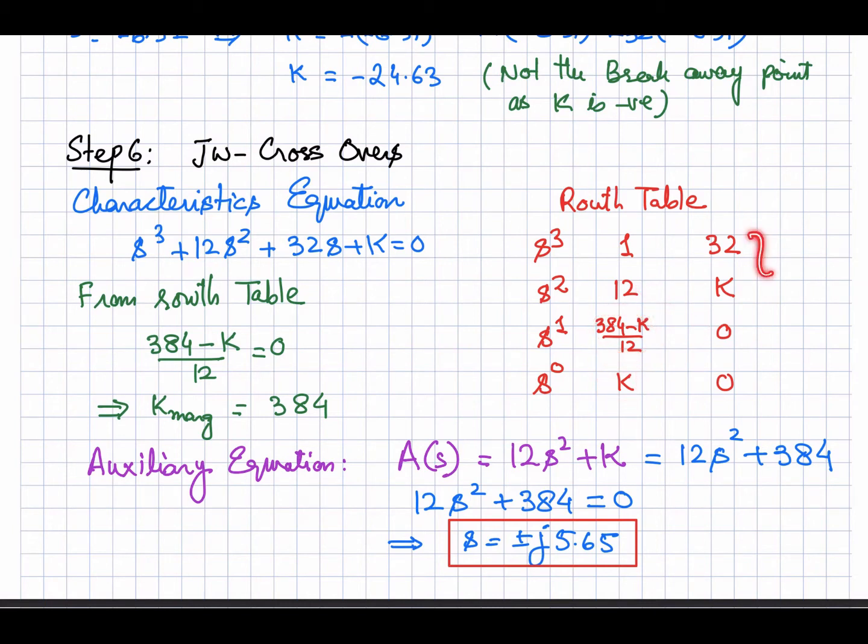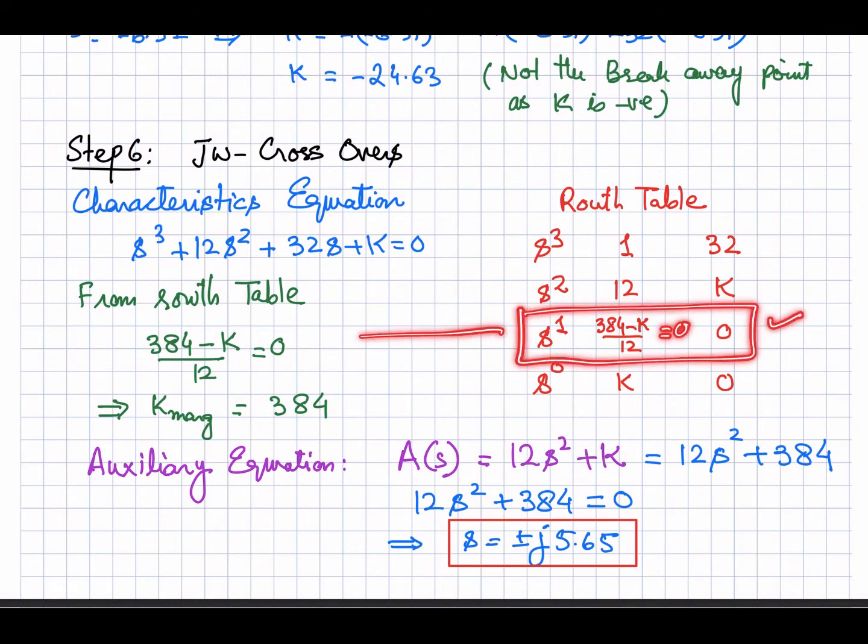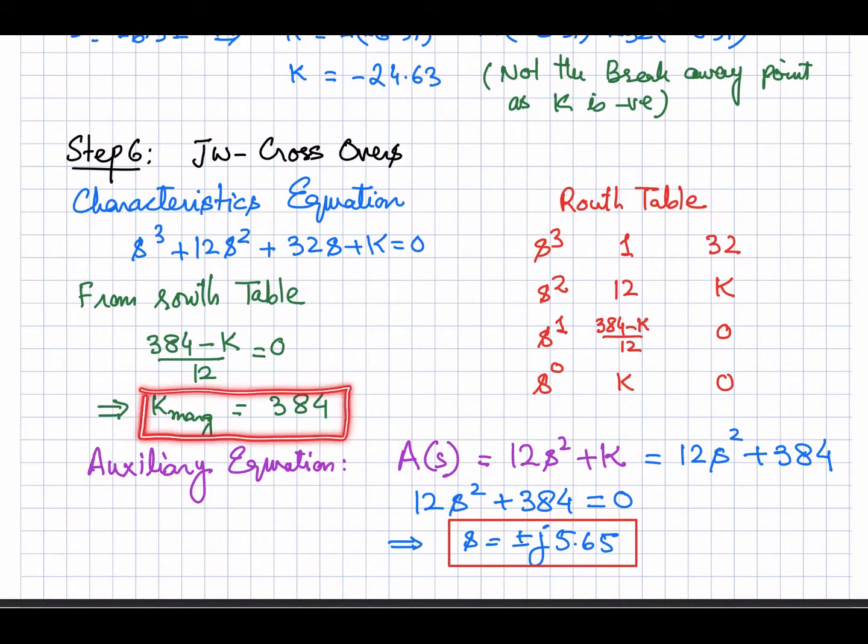Okay, so from this Routh table, the critical row is this one, because if we set this one equal to 0, this whole row will become 0. So taking it equal to 0, we can find the marginal value of K at which our root locus will be crossing the imaginary axis, because if the whole row becomes 0, that gives us the j omega crossover from the Routh table. So the marginal value of K is this one. If K is equal to 384, it means our root locus at that point will be crossing the